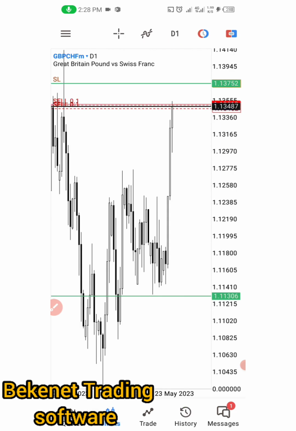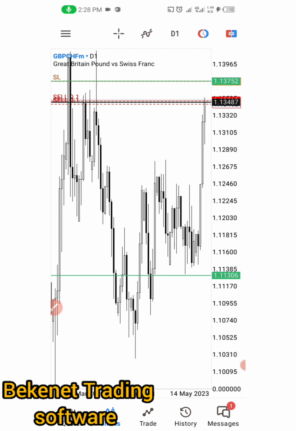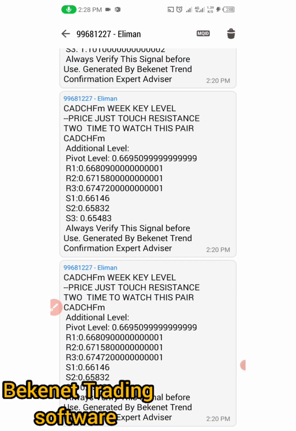But if you know how to generate key levels on your own, always learn to do it. Take 1, 2, or 3 pairs. It's easier for me because I'm using the software. The software can scan more than 30 pairs at once, and always checks when price gets to this level. Price got to this level, that's why you see this signal that it gave me